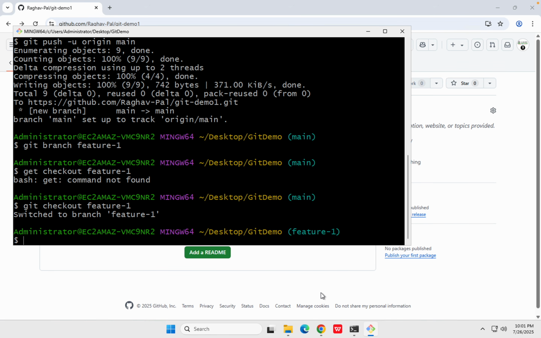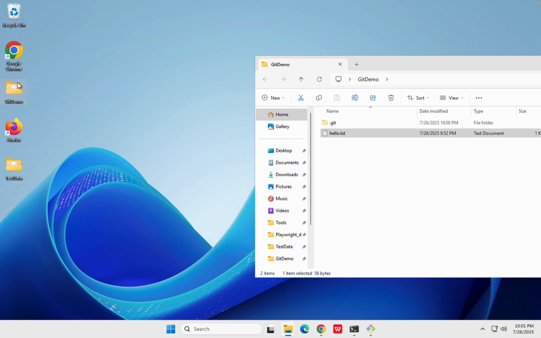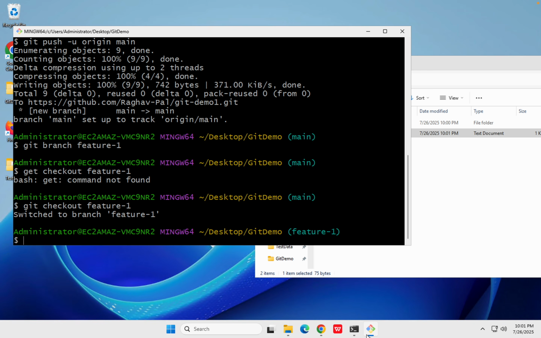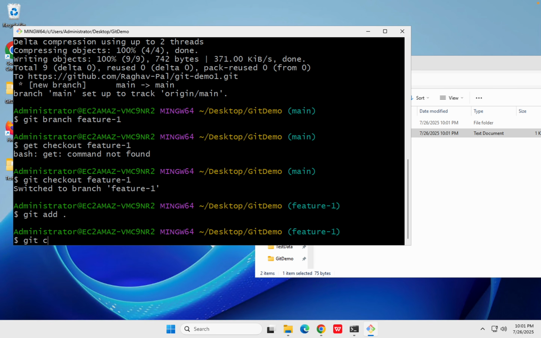And now if I make some changes to our file or anything in our project, I will save, and I will say git add ., git commit -m "added new changes to hello.txt",